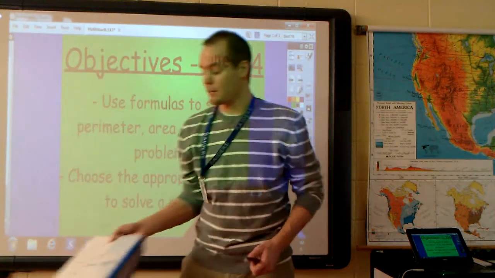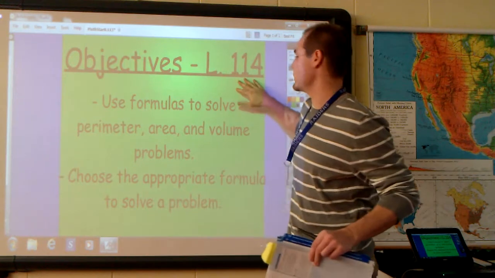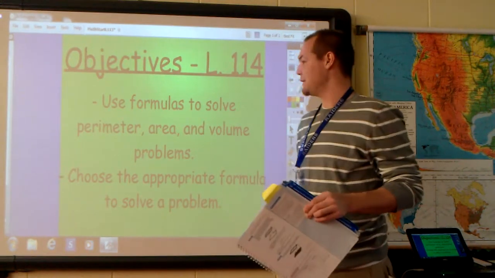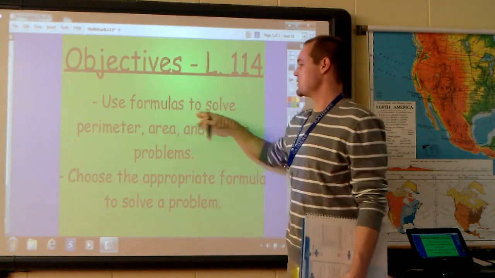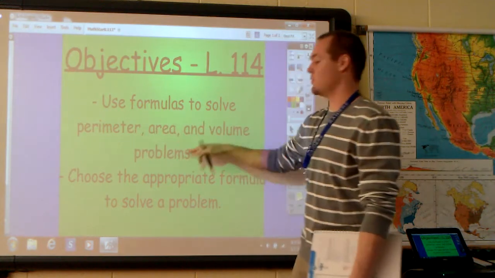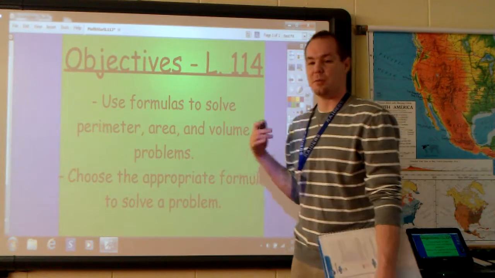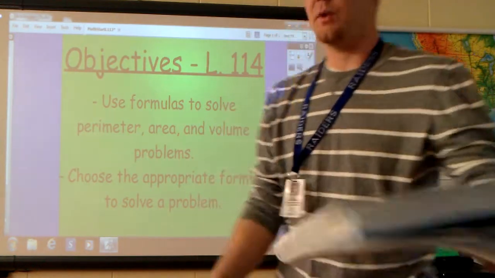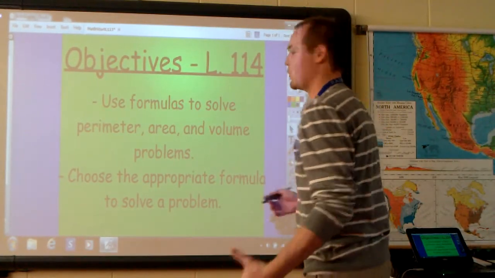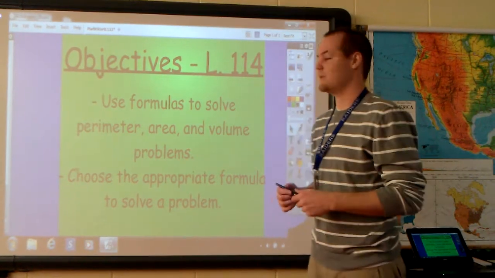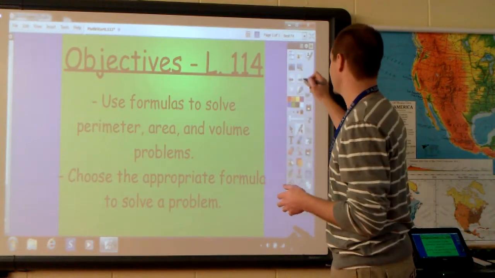Hello, 5th grade. Today on lesson 114 we're using formulas. We will use formulas to solve perimeter, area, and volume problems. We will also choose the appropriate formula to solve a problem. We've already discussed quite a few formulas, but before we read the lesson, I'm just going to refresh our memory